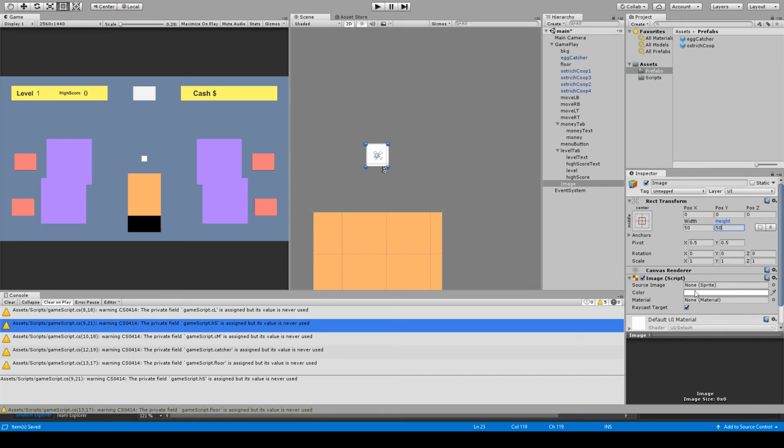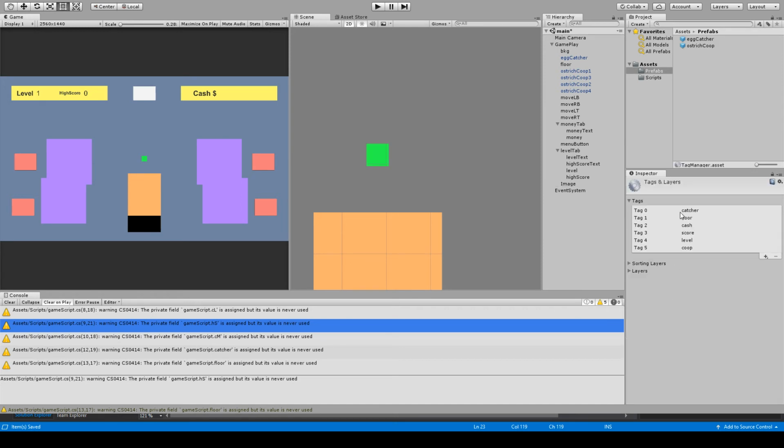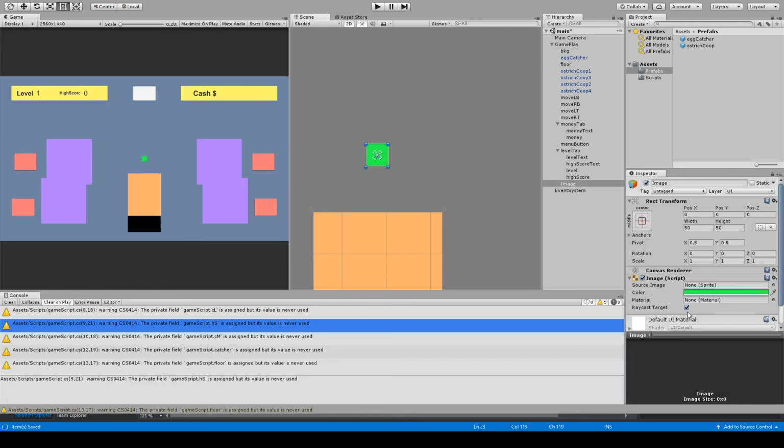And let's give them a nice color. We'll make the eggs, I don't know, green. Yep, that's the color of the egg. That's the way the egg crumbles. We'll need a new tag for the egg. It's going to be called egg, and this one is going to be tagged as egg. We'll name the object itself egg,